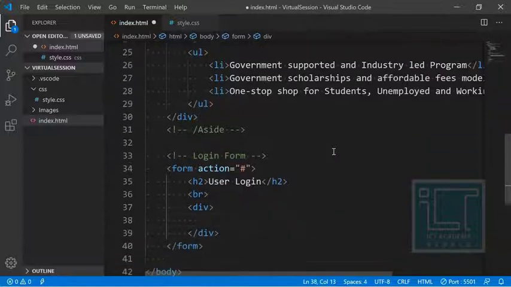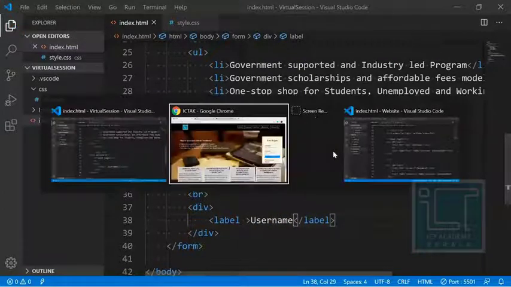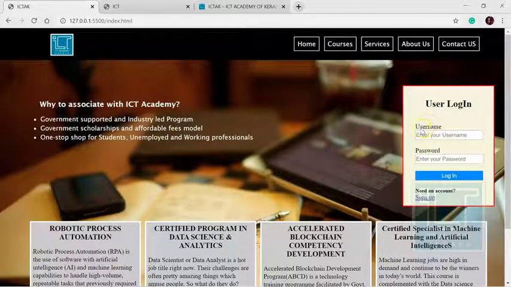There is a tag called label where we can give the label name. Usually inside a form only we'll be providing the label. The for attribute is not required, so just give a label, and the label name is username. This is what you see in each and every form that you are submitting.